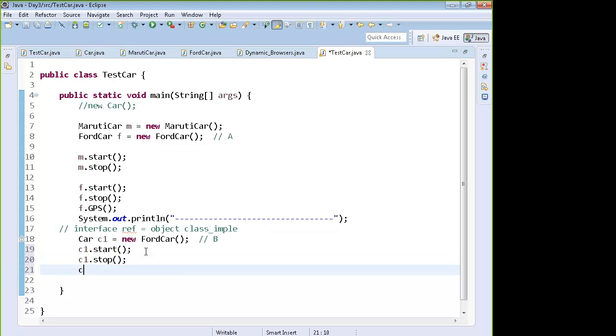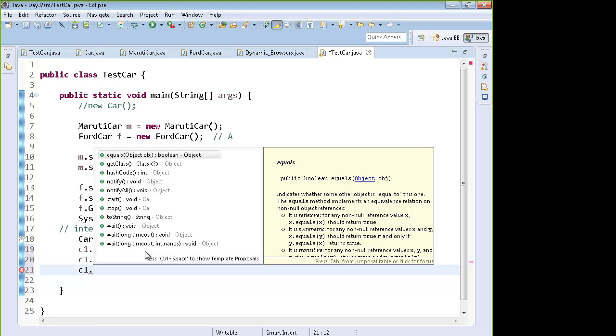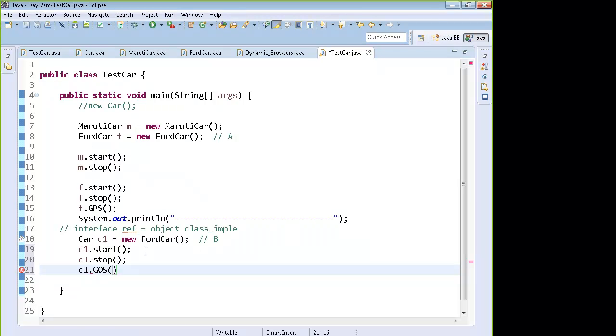I cannot call C1.GPS. This will throw me an error. With C1 I can only access the functions in the Ford car which are coming from the car interface, not the proprietary functions. Then what is the advantage of this?